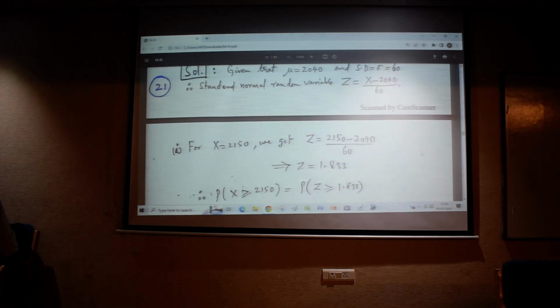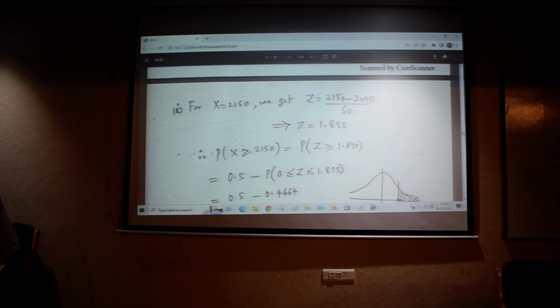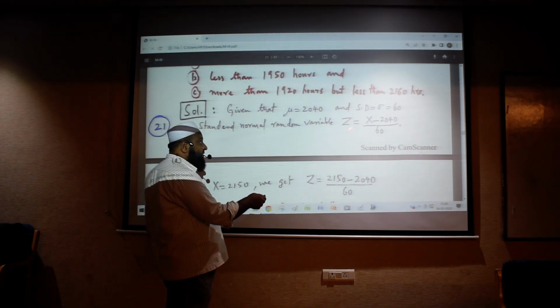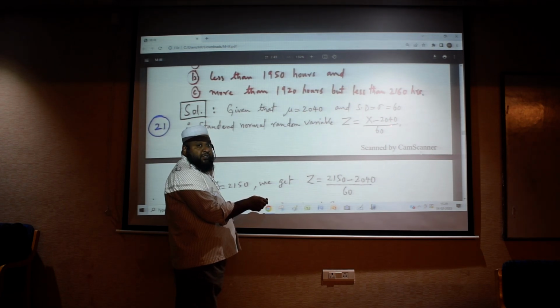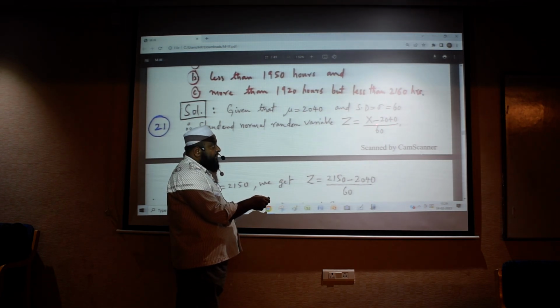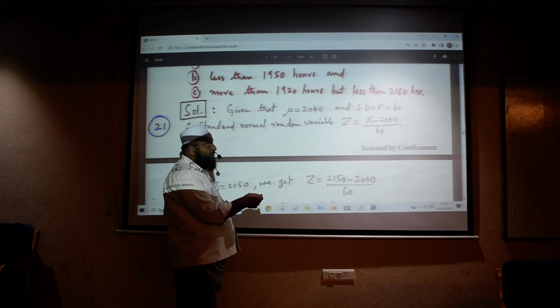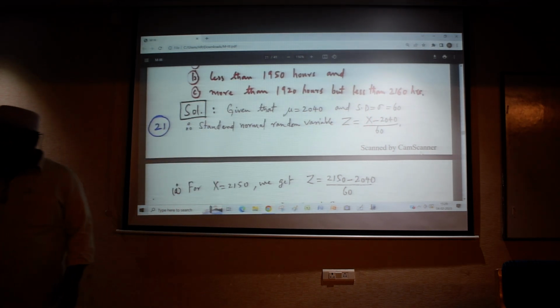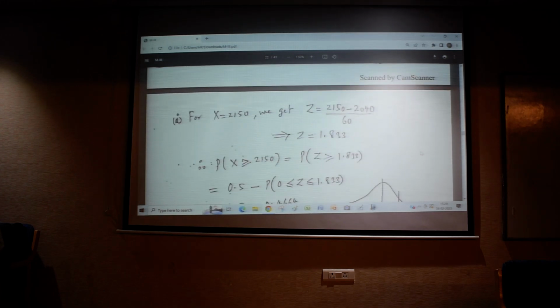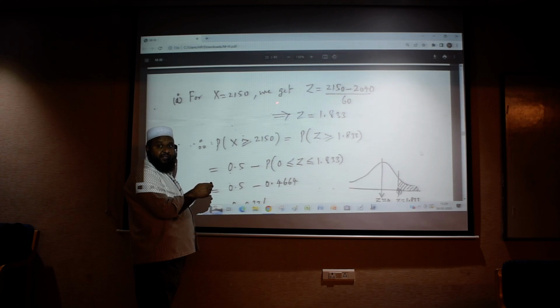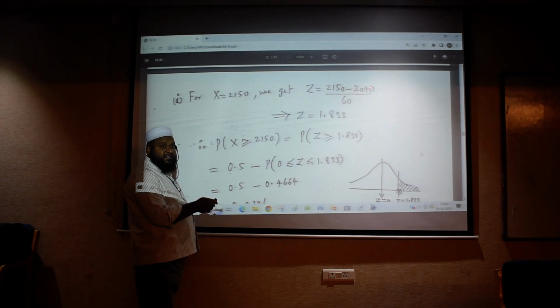Very good. That conversion is z is equal to x minus 2040 divided by 60. This is the equation. Just replace the x value here, substitute the x value, and you will get some z value. So for the first bulb, x is equal to 2150. What is z now? 2150 minus 2040 divided by 60 is equal to